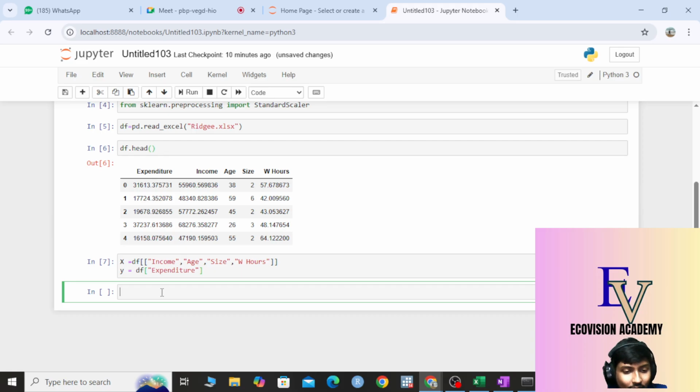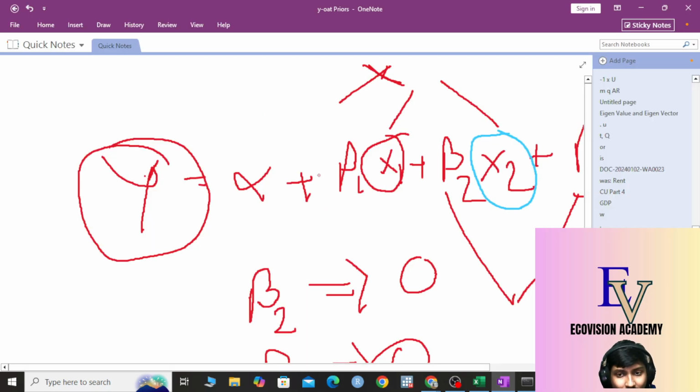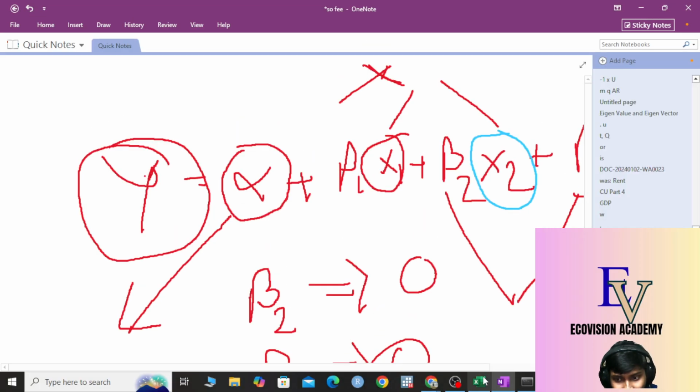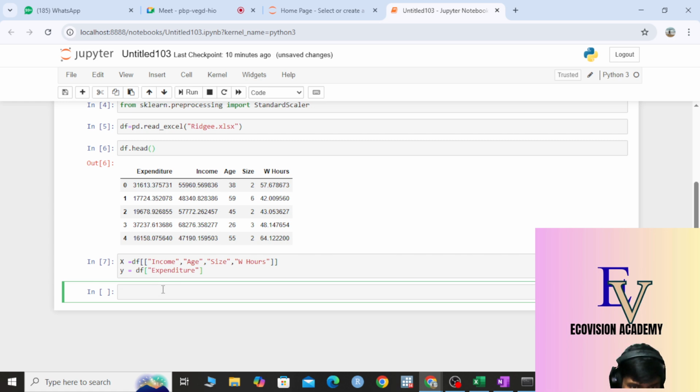Now I want to go for an OLS, ordinary least squares. So now what is the regression equation? Y equals alpha plus beta 1 x1 plus beta 2 x2 plus beta 3 x3. Can you say what this alpha is? It is the intercept term, or sometimes we call it the constant term. In software we call it the constant term. So we add a constant first. X underscore